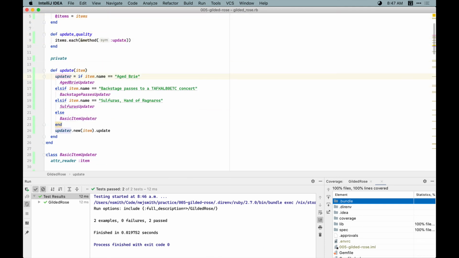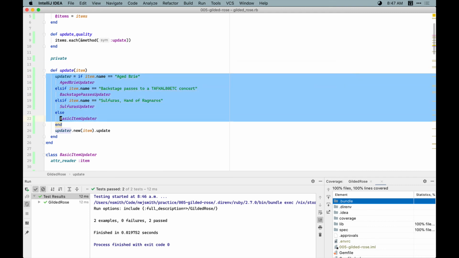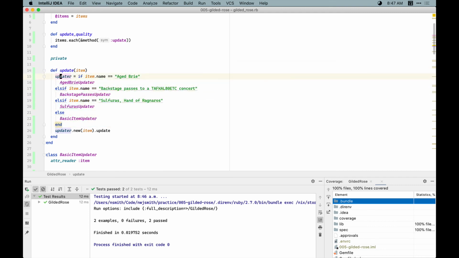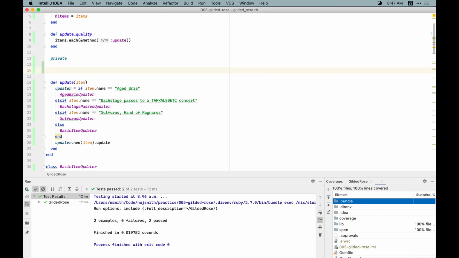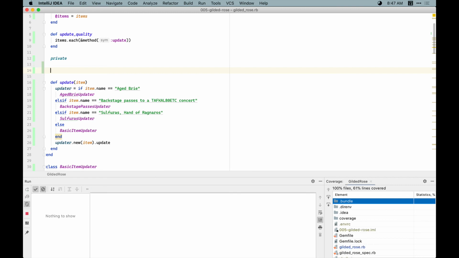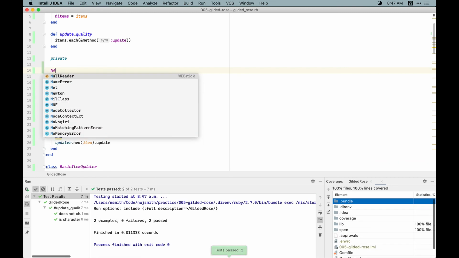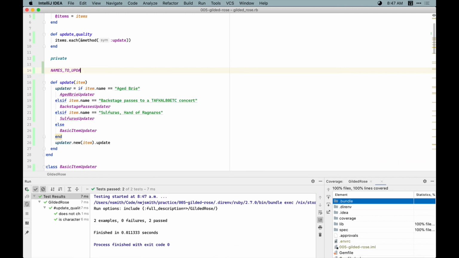And we can make a simpler refactoring that changes this, essentially case statement, into a lookup in a hash map fairly easily. So let's say names to updaters equals,